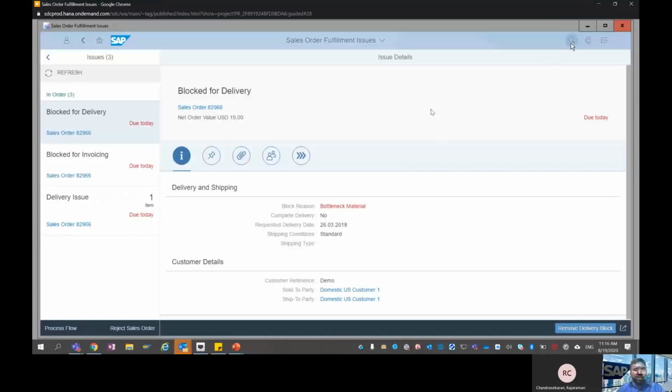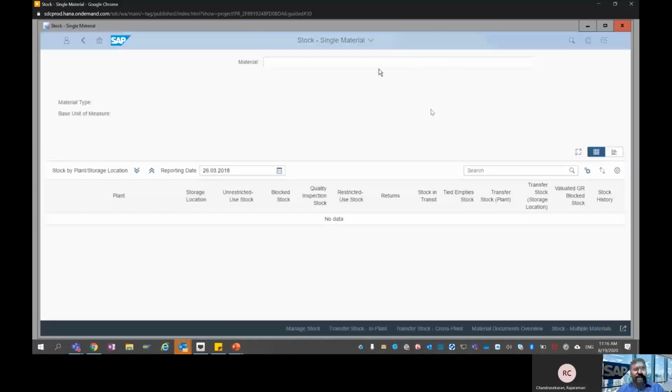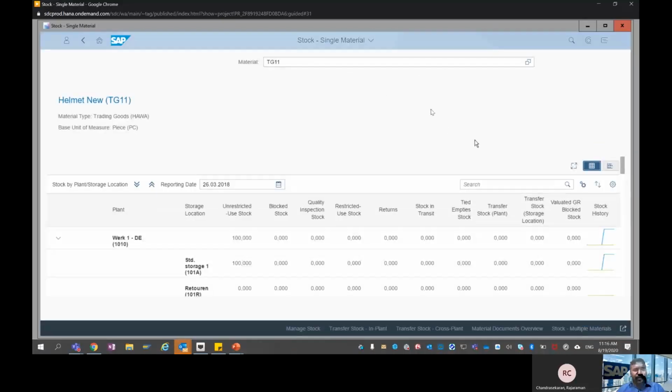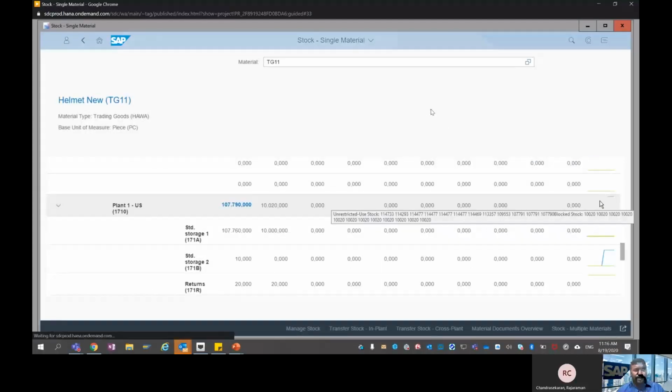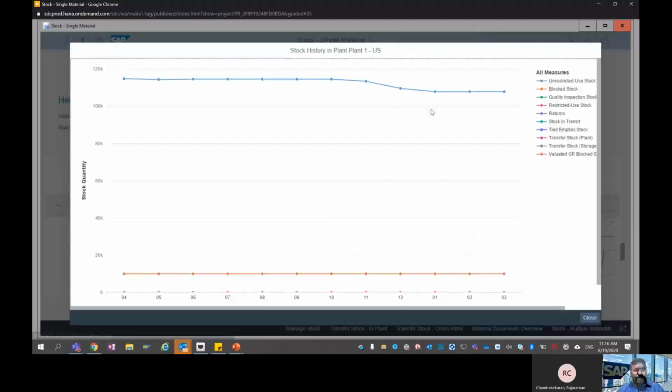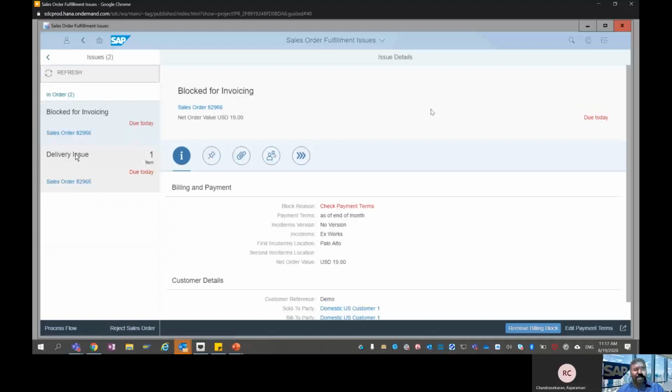So it has a delivery block. Now you go to the single app, single material, where you are checking the stocks. Okay, the delivery block is removed because the stock is made available.